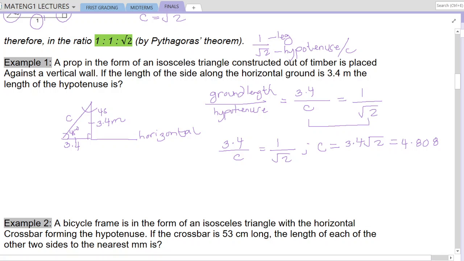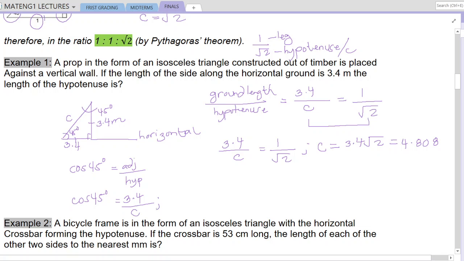Same with this one, that is 45 degrees, using the trigonometric ratios. So if we're going to use 45 degrees there, we use cosine. Okay, so having that one, that is cosine of 45 degrees, that is equal to the adjacent over the hypotenuse, which is C. So having that one, that is cosine of 45 degrees, the adjacent side to the 45 degrees is the 3.4 divided by the hypotenuse, which is the unknown.